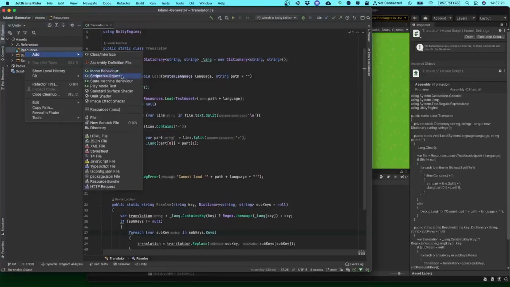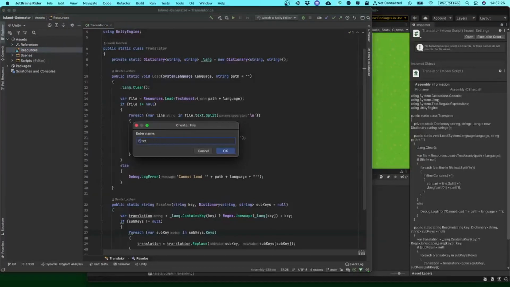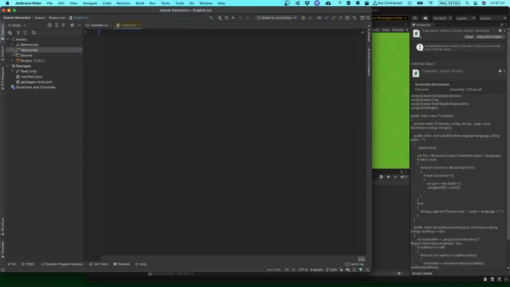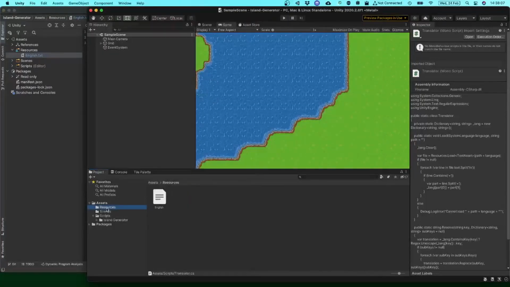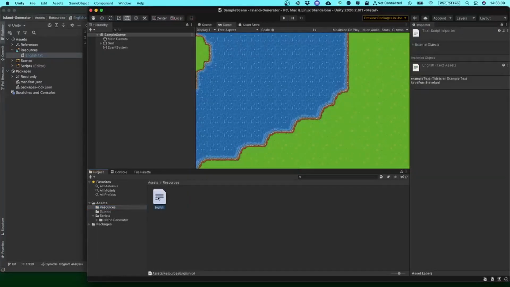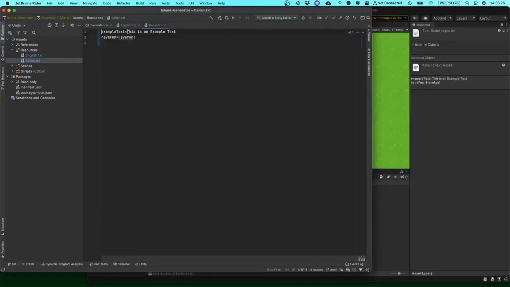Let's start by adding English, our main language. I'll define just two keys as an example. The first will be example text, that should resolve with "This is an example text", using the equal sign as separator. I'll also add another one on the next line, have fun. If I want to add support for another language, I can just duplicate this text asset and rename it accordingly. I go for Italian, for reasons that you probably guessed because of my name. As I said, the keys will stay the same, so I can just change their values.